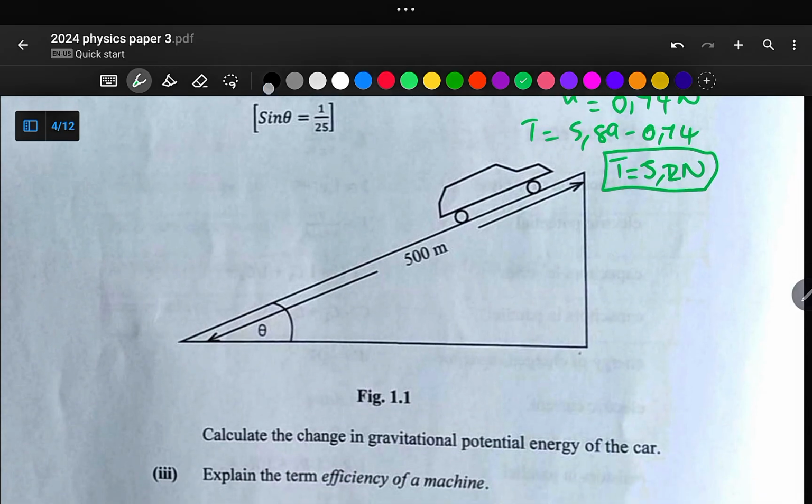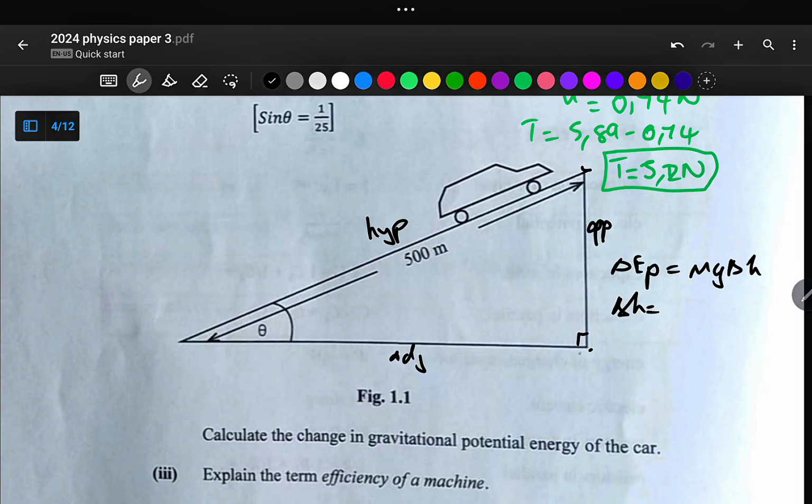So the change in gravitational potential energy is equal to mg multiplied by the change in height, because what is changing here is height from this point to this point. Okay, so the first thing we need to do is to calculate the change in height, because we are having a right angle here, and this is our hypotenuse, and this is our adjacent, and we are also having opposite. Okay, so for us to calculate opposite, you can use